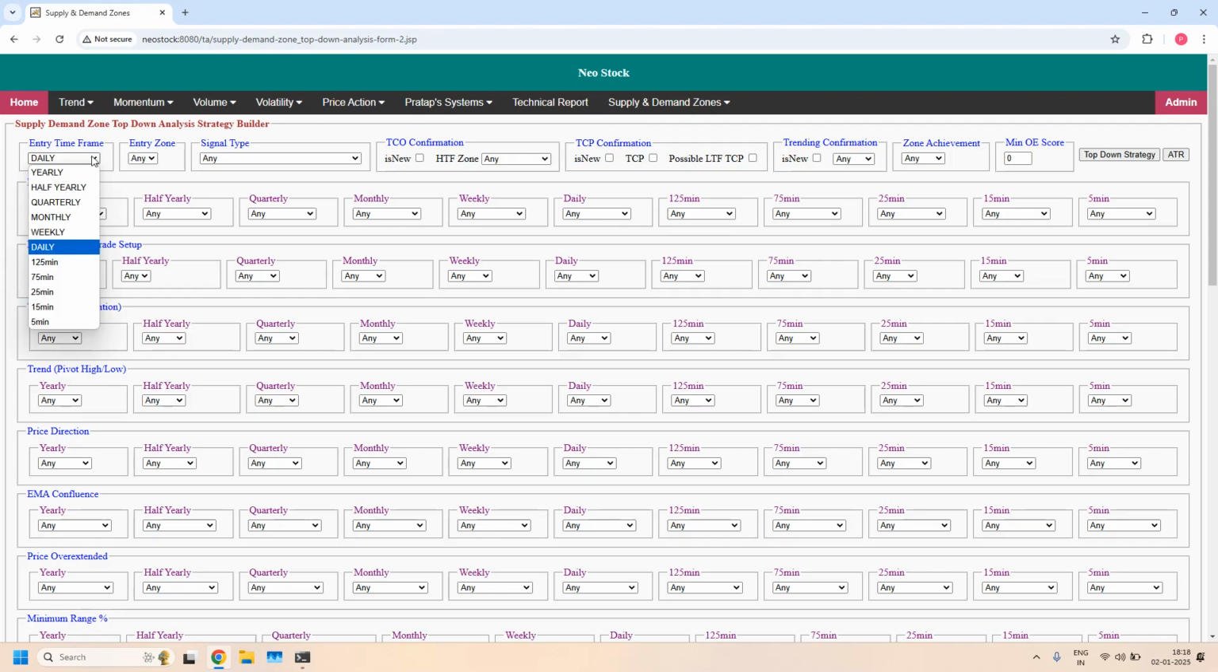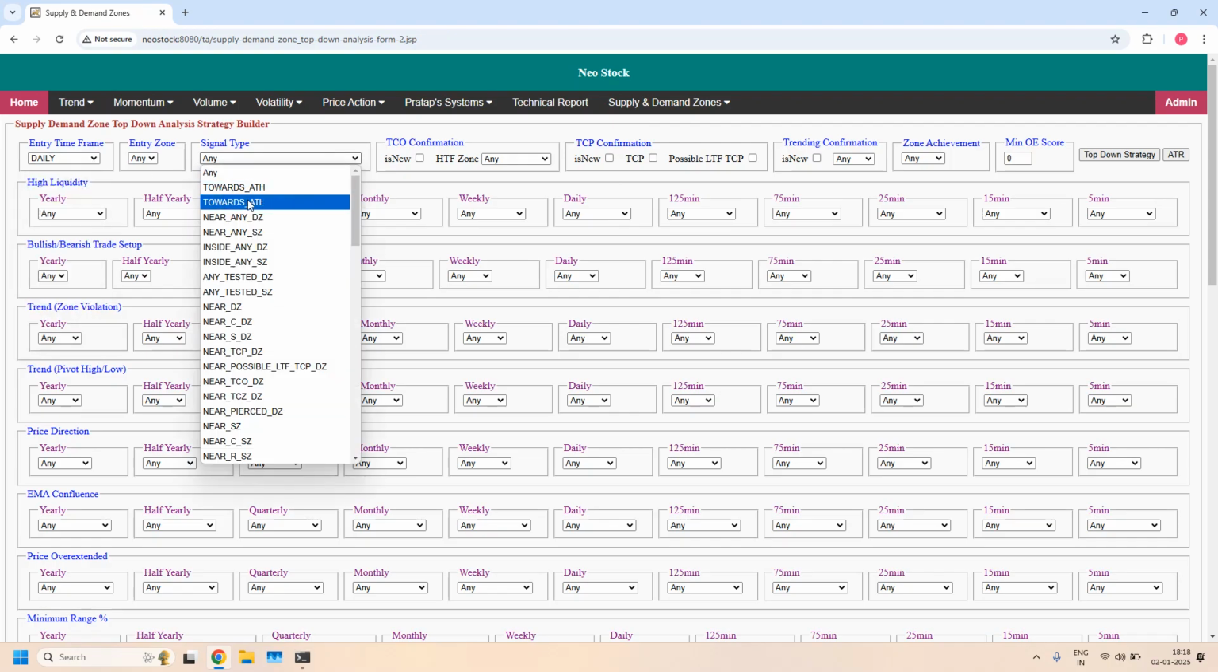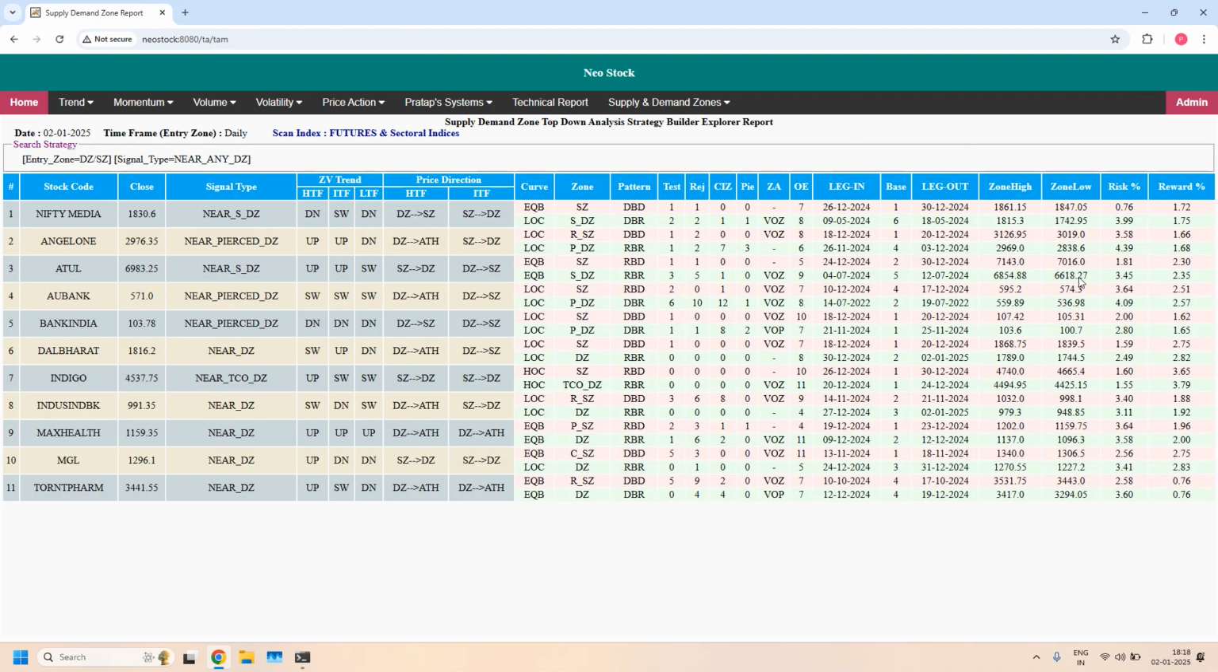Entry time frame daily. Let us find the stocks where price is near to the daily demand zone. Let's filter. We got 11 stocks. Let us identify the high liquidity zones from this list. First one is Peers, not valid. Atul is having a high liquidity zone. That's it. We have only one stock